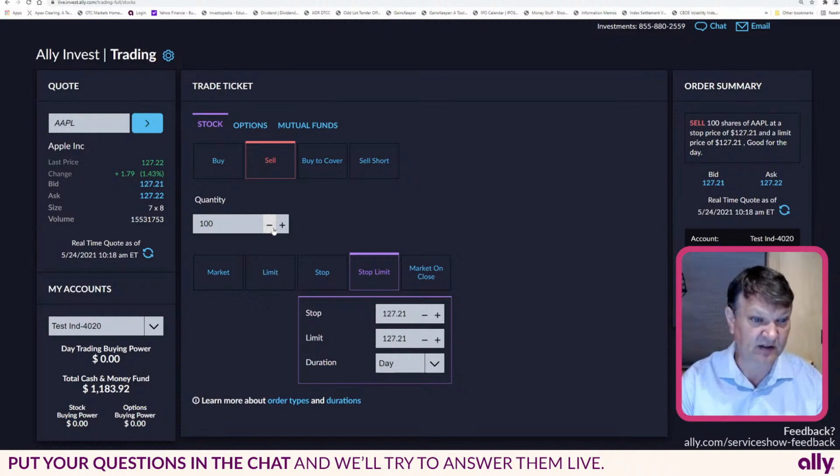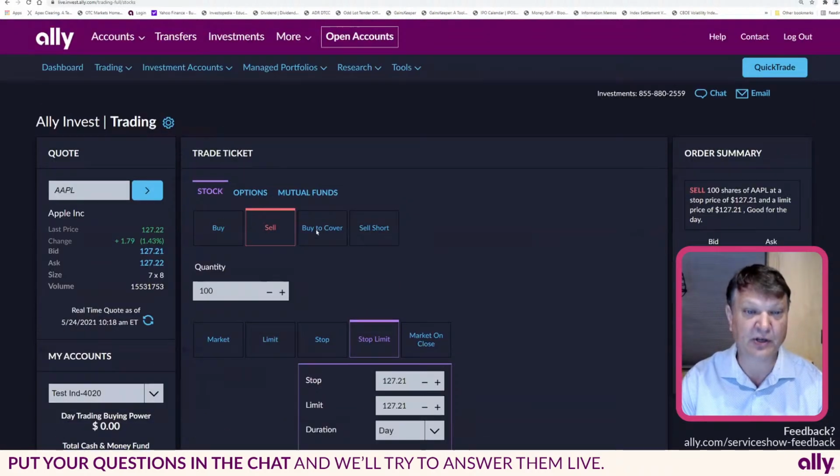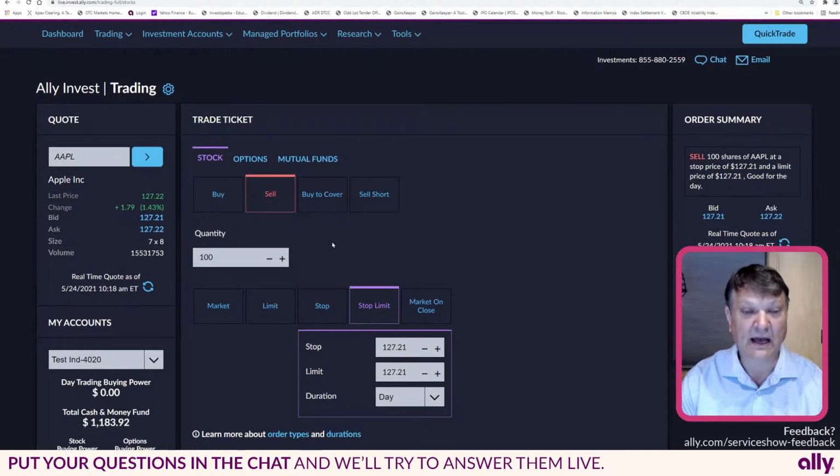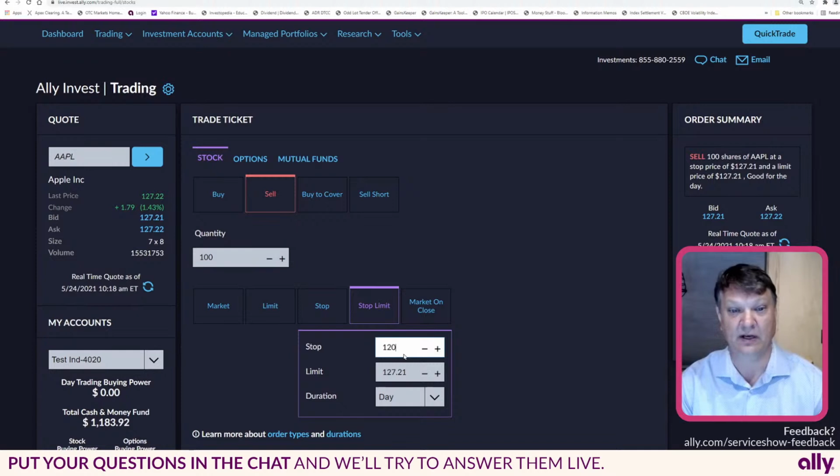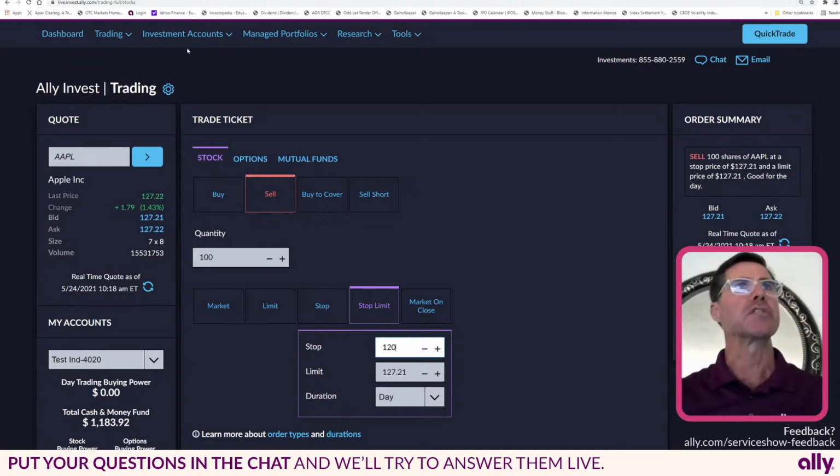But in this test account, it looks like there's some Apple in there. Not 100% sure, but let's pretend that there is. So you would do a sell, and then you could have a stop price below the market where it would be triggered, and then a limit price saying, I want to get at least this amount. So Sean, could you do an example of that using Apple? Let's pretend we have 100 shares of Apple in this test account right now. We have a test position. So let's try it